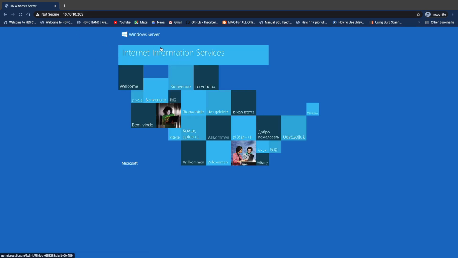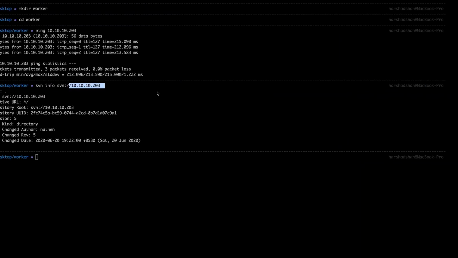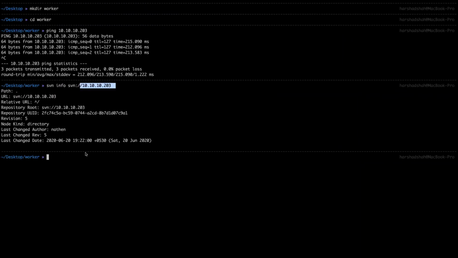You can see we have a blank page here, and we don't have any other information in this case. We can try GoBuster, DirBuster, or directory search, many things, but let me first identify some other information if we can, so it will be very easy for us to penetrate these things.